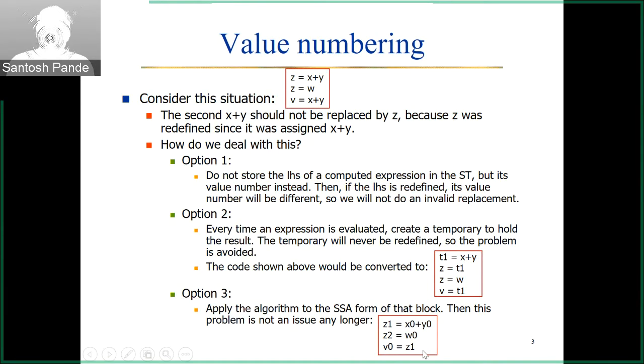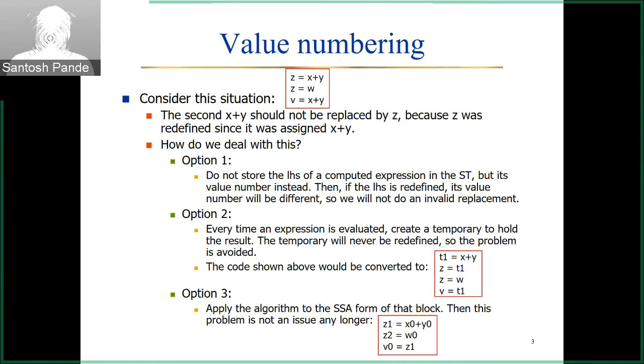Originally z was equal to x plus y, then z was assigned, and v was equal to x plus y. But since z was reassigned, we would have lost the value of x plus y in the original form, and that creates problems in terms of redundancy removal,